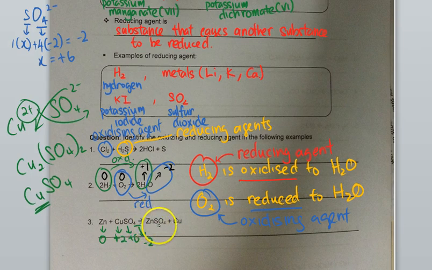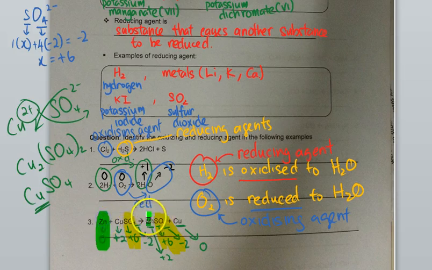Now come to this point here, I know that sulfur is +6. Oxygen is -2. So you do your simple maths again, you realize zinc has a charge of +2. Copper here is an element on its own, so it's 0. So sulfur, no change. Oxygen, no change. So we just leave it, okay? Boring stuff. We don't really care about it. Now, what you realize is that there's a change here. Zinc from 0 has become +2. So we know that